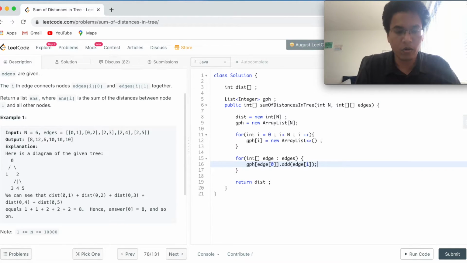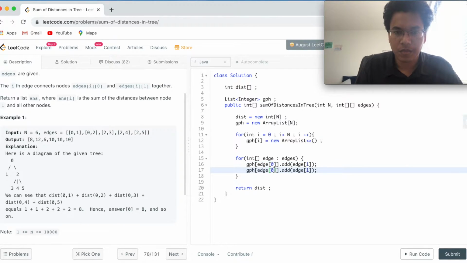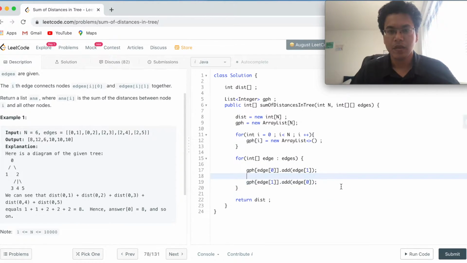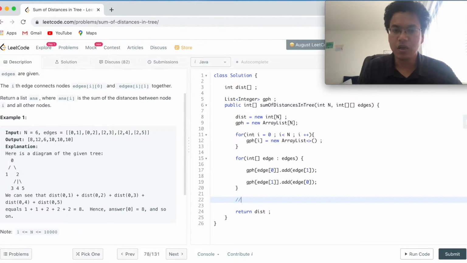We also have to add the reverse edge, so gph of edge[1] add edge[0]. Remember, we could have built this adjacency list using the hash map also. After this we will call some DFS method, fill the distance array and return that.